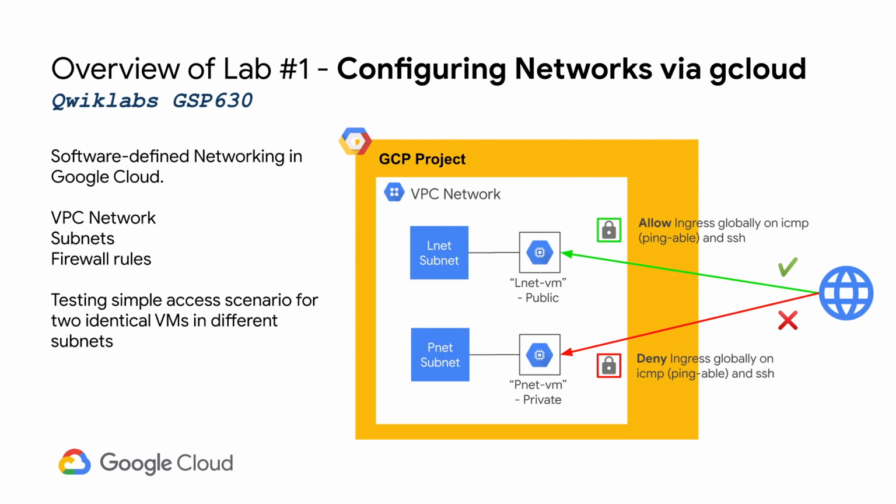The 2 VMs are completely identical, and they are put in different subnets within the VPC, but the only difference is the firewall rules that apply to them. And then we see what the implications are. Now, this is a very simple and basic setup, but it introduces you to the fundamental concepts of networking, because